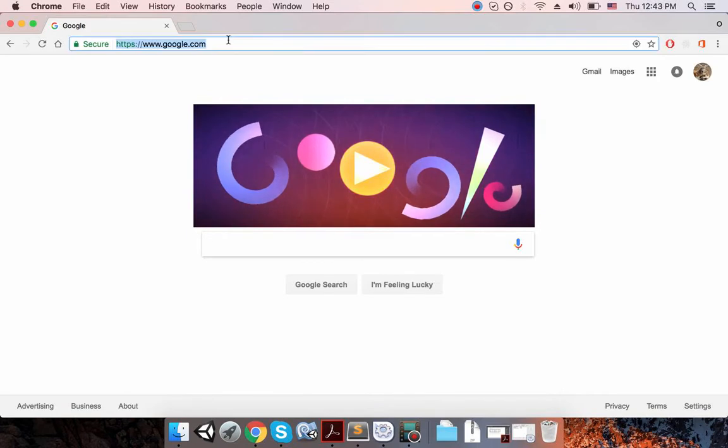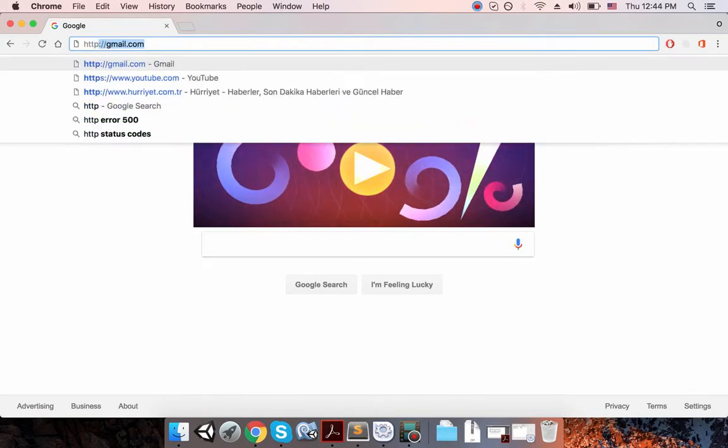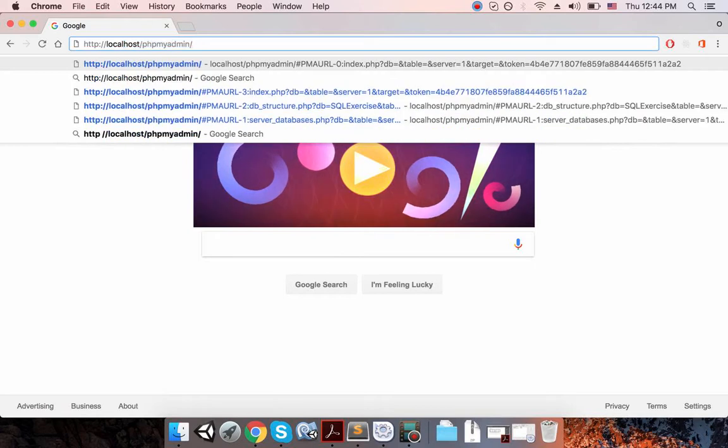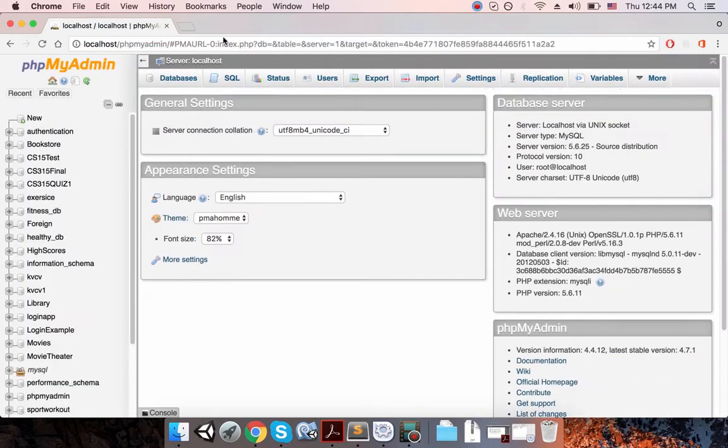Now, first thing, let's go to localhost/phpMyAdmin. phpMyAdmin is an interface, a graphical user interface for the database. Okay. Now we're going to be creating a new database, so click on this new link,